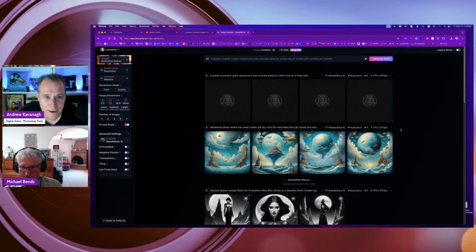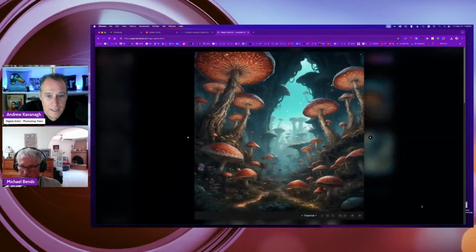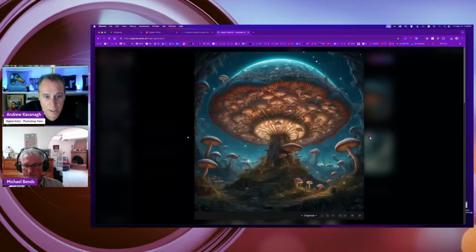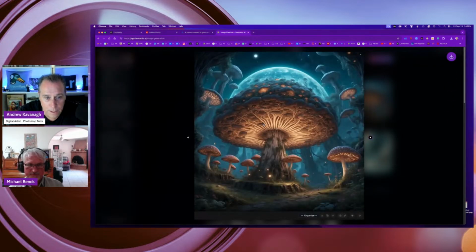It's taking a little time here. It's like 40 seconds. Okay, so these, once again, this is why I subscribe to Leonardo. It's pretty nice. I mean, the sense of depth and the lighting is very nice. And then if you like it, you just hit download image, and then I can go forward. That one's pretty cool. That one will be nice to work on. So I'm going to work on this in Photoshop. Wow, that's pretty cool too. I think that'll look good playing with contrast or a dodge and burn type of style.